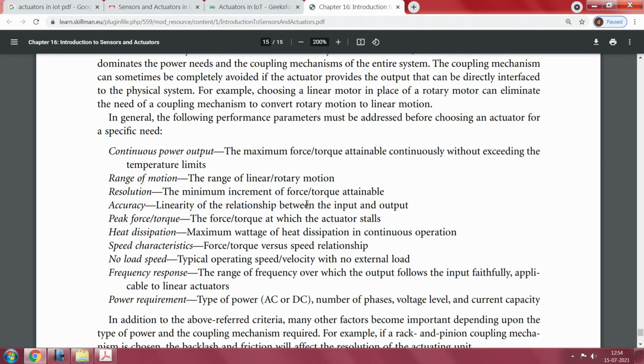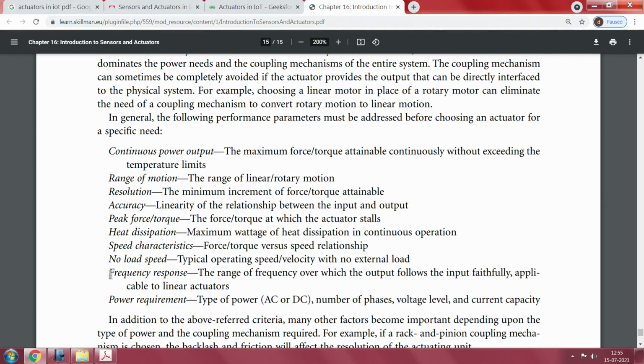right. When you plot any motor, you are interested in finding out at what speed you get the maximum amount of torque. So speed torque characteristics of the motor you may want to look at from the specifications of the manufacturer, and you may want to choose based on the speed you are likely to operate on for your application. So all those matching will have to be done based on, very important, I keep stressing it 100 times in this course, the data sheet will tell you what is the motor to choose if you are looking at the right speed, and what is the torque requirement for that particular speed.